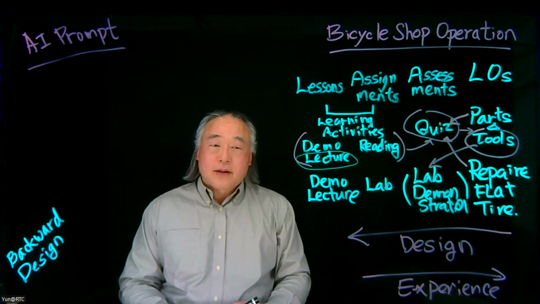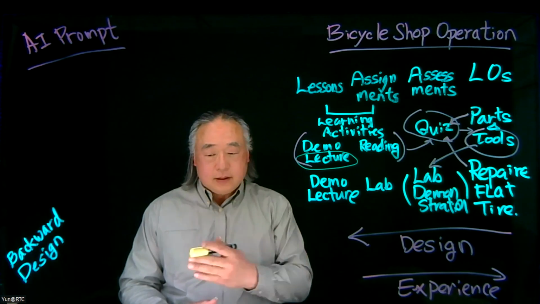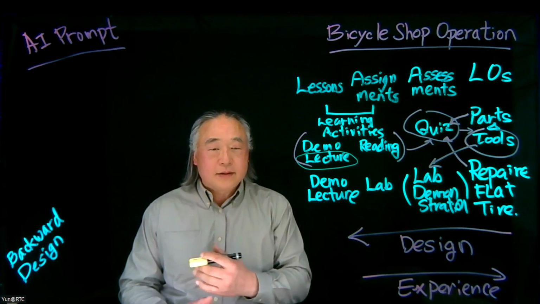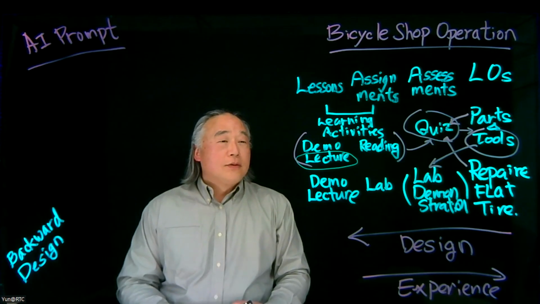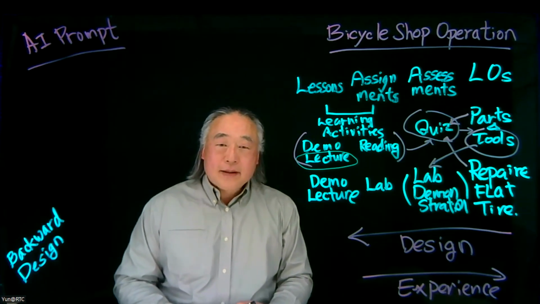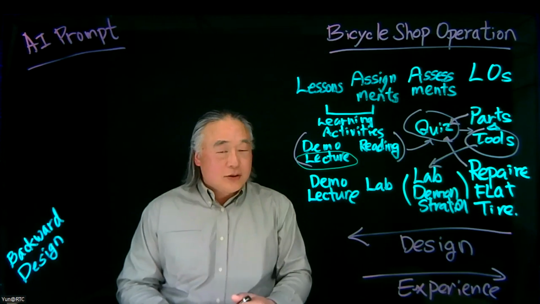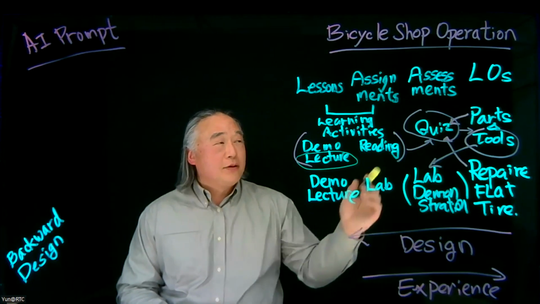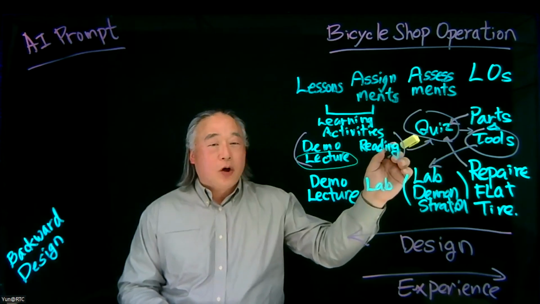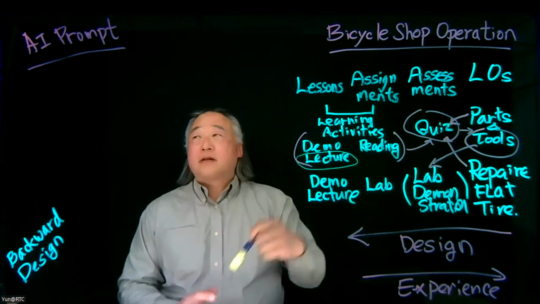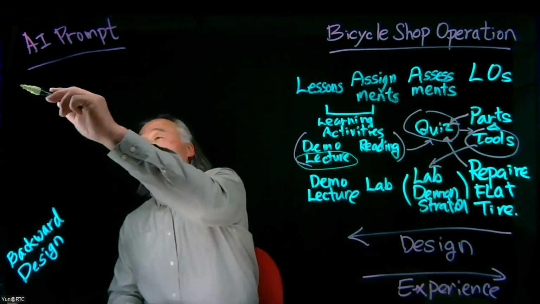It's not necessarily comprehensive. Oftentimes it points to something else than I really hope for. To avoid or minimize that kind of misdirection, now you can use the backward design planning that you already have. So start the prompt with